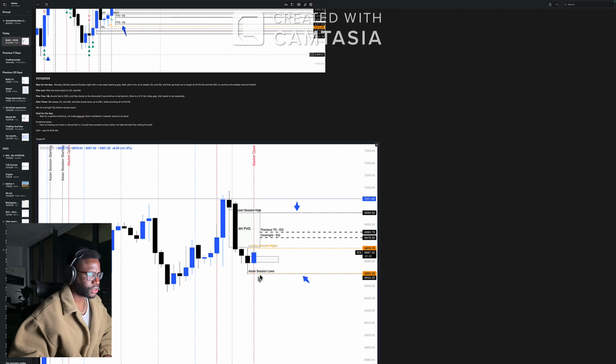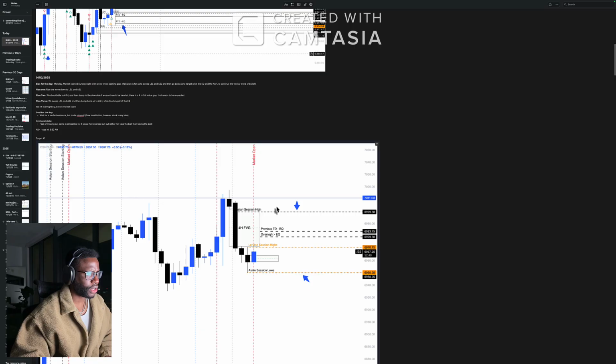Asian session lows and London session lows, they're literally overlapping one another. So I thought we were going to dump down and then swipe liquidity all the way over here, to Asian session high, right? But long story short, when I was watching this on the 1 hour, there's a fair value gap right here, and then that fair value gap got inverted, invalidated. So price just kept pumping.